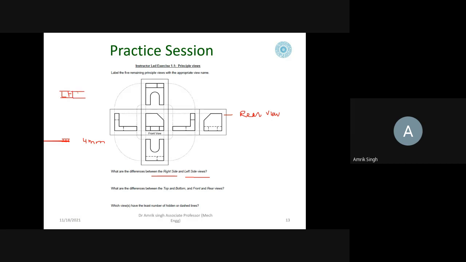Because here it is by the mouse, I am not able to draw the thicker one and thin one. So you have to write like this, LH view. Similarly, at the bottom, by keeping a gap of 3 to 4 mm, you write right hand view, rear view, top view, like this.